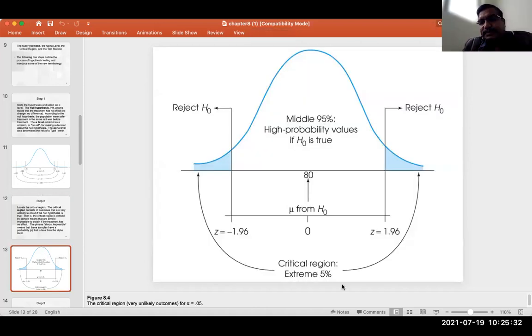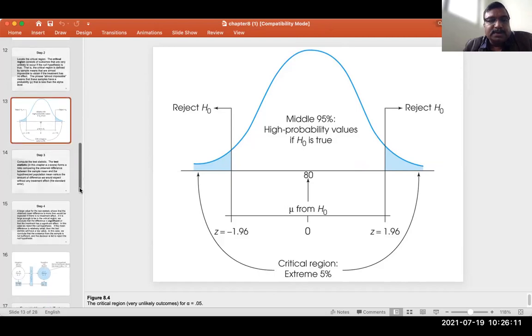Like in this case, for the 95% confidence level, in the middle the total area is 95%, and this is the two-tail test, right? If the mean value of the sample is falling this side or this side, we are going to reject that. If it is between, we fail to reject, or we have to accept that. Okay. So this way we are going to conduct the hypothesis testing.